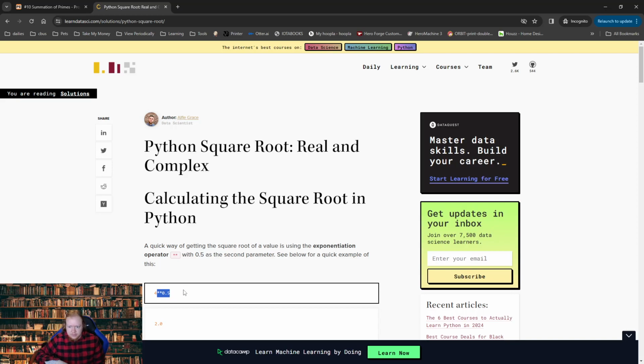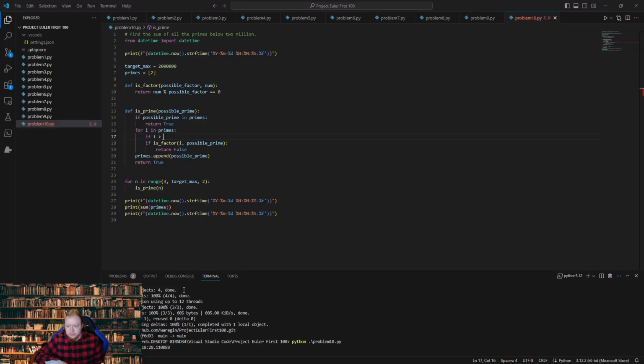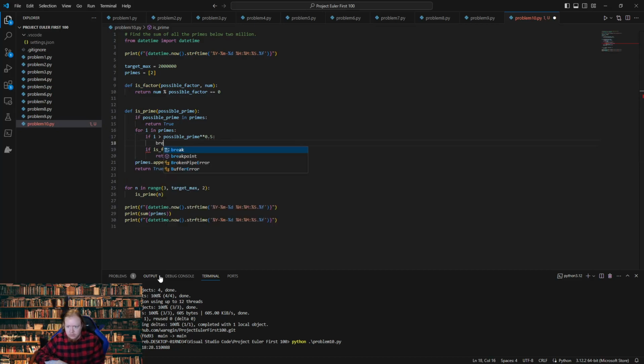Right, this little exponent thing. Possible prime. Then I want to break,